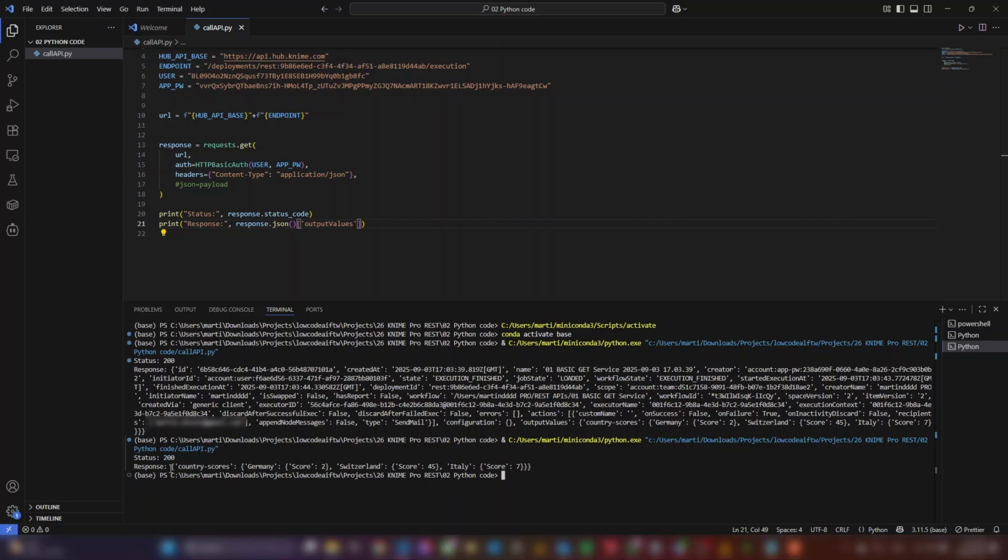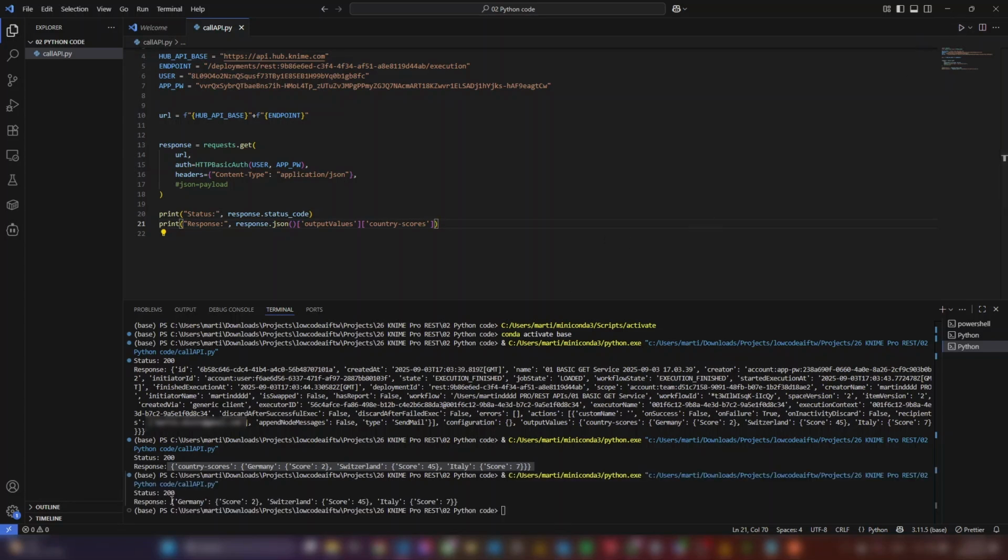So here we now just get our object, and if I now set country scores, save and execute again, now we just get this piece of data,